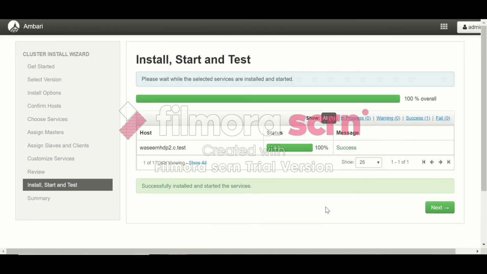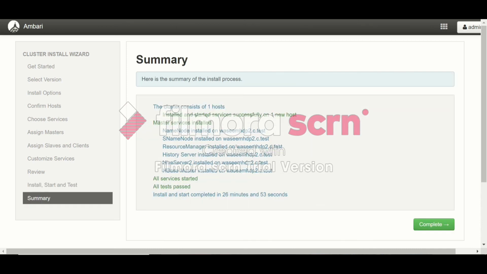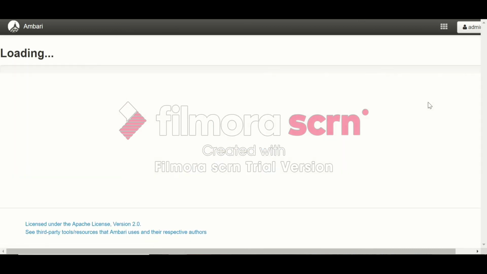Alright guys, so installation complete. It didn't even take a whole hour. It took less than that. And the good thing is everything is successfully installed. 100% success, no warnings. That's good. Just click next. As you can see in the summary, everything is good. It just took 26 minutes 53 seconds. That's not too bad. Let's hit complete